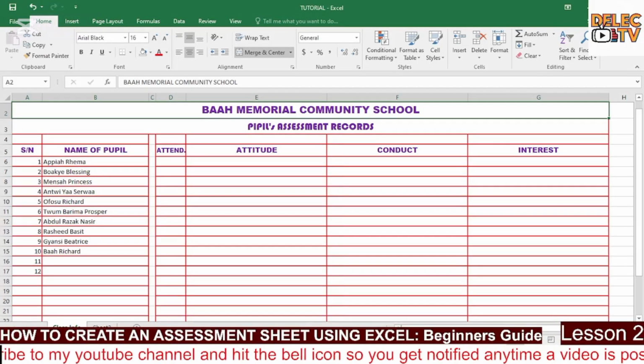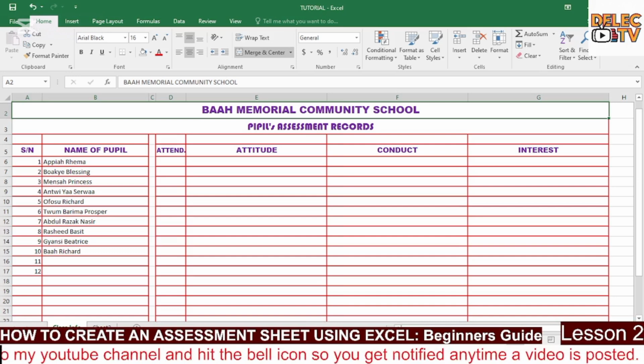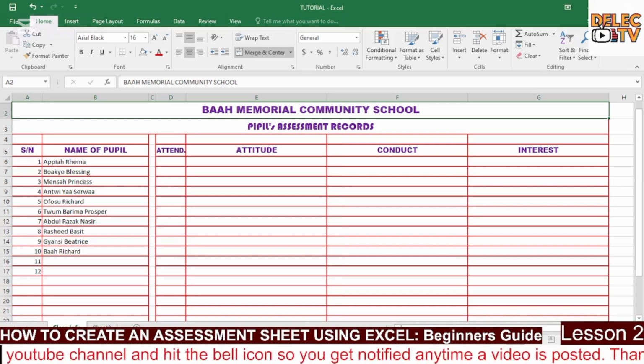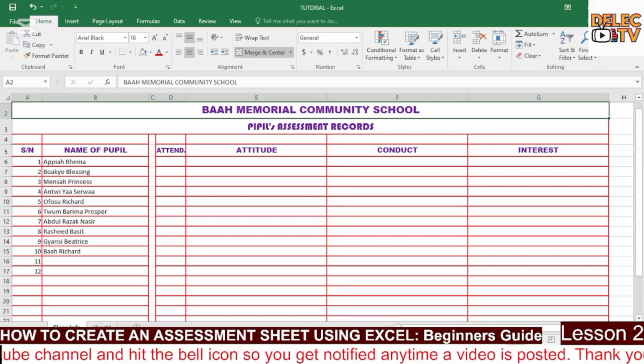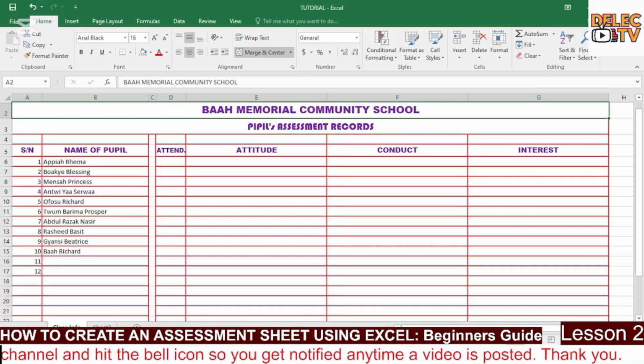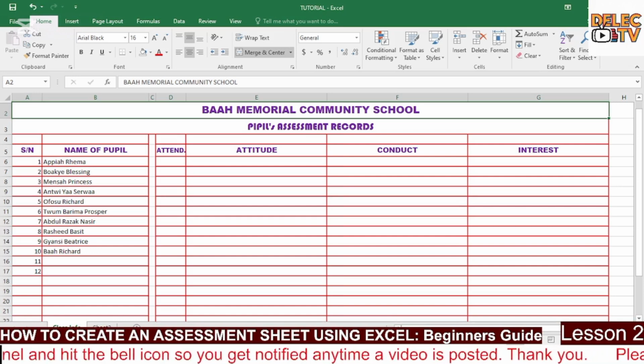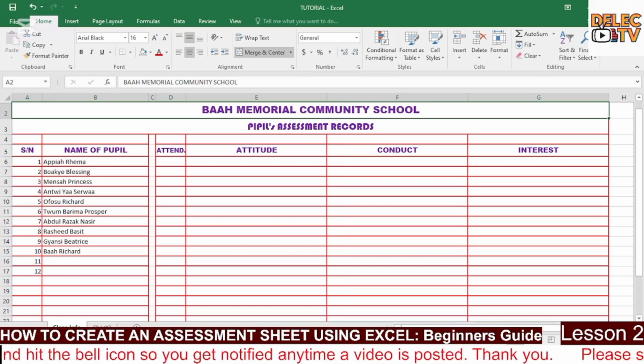In our previous lesson, we looked at how to create the class info sheet. Today, in this lesson, we are going to look at how to create our assessment sheet subject by subject. So without wasting much time,